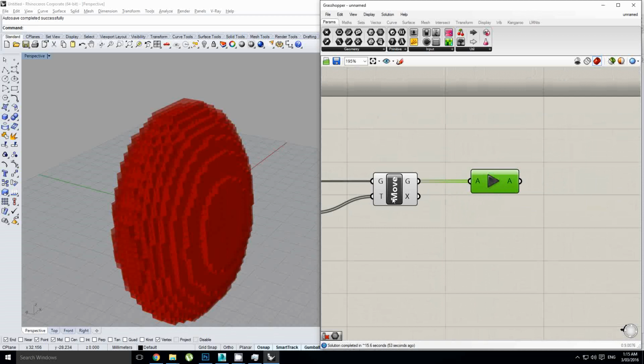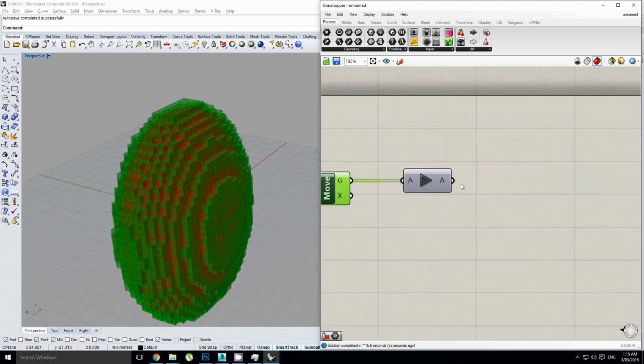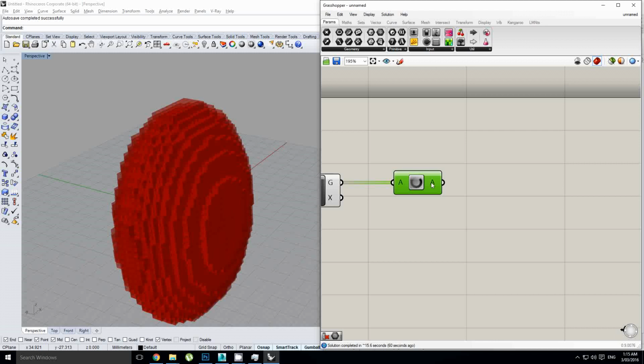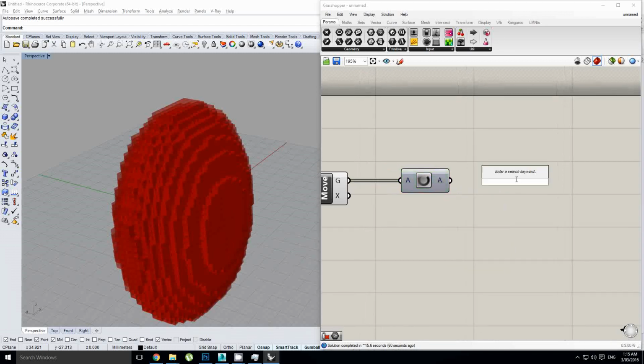So if you do have a pretty heavy definition, no changes will happen after this point unless you press the play button, and then everything gets fed through. Cool. So now what we can do is we want to explode the meshes,